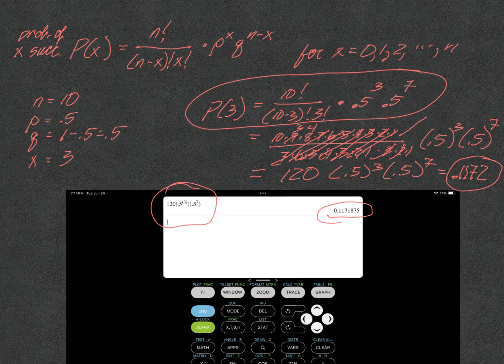Now, you'll notice by hand I simplified factorials. But what if the numbers get big? Well, then much bigger than 10, then these simplifyings become much more difficult. So can you do the factorials as well? And the answer is yes. On your calculator, you need to go to the math menu. Excuse me, I'm doing this right now just to remember. But you go to the math menu, and under the math menu, factorials, I believe,